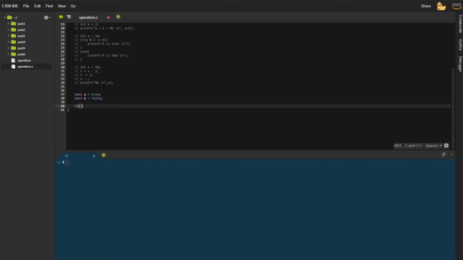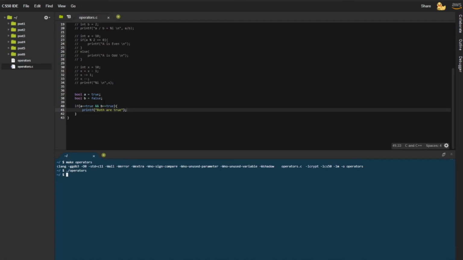So if A equal true, and, so we can't just write and, although it might seem like it works, we have to use ampersand, basically double ands, the symbol of and, B equals true. So if both of them are true, they want to print, well, basically both are true. Okay. Now, if we run this code,